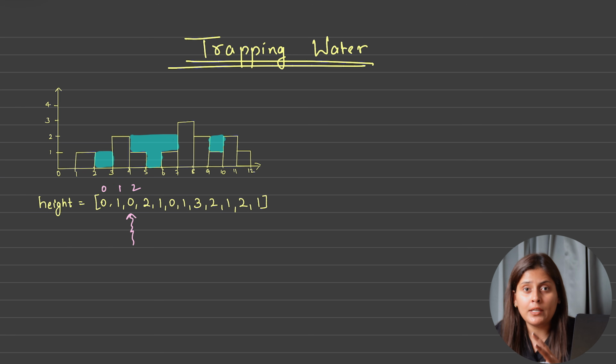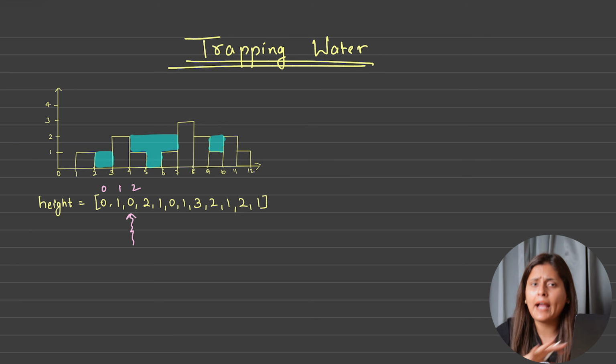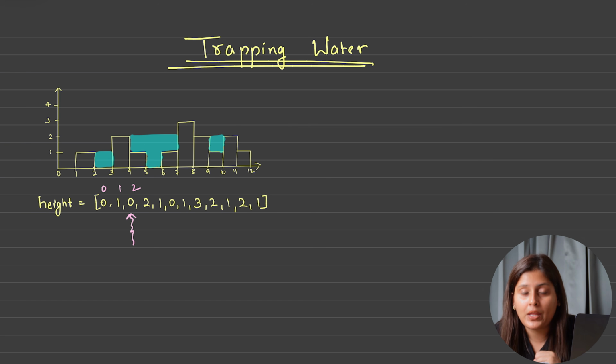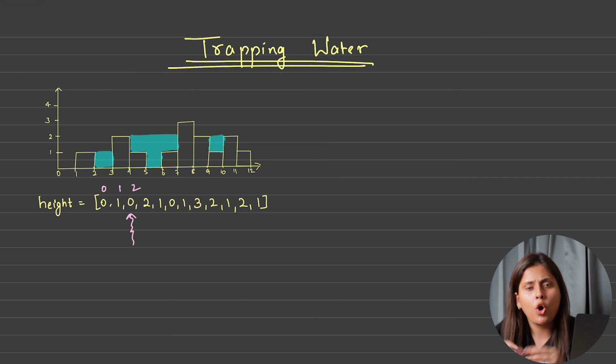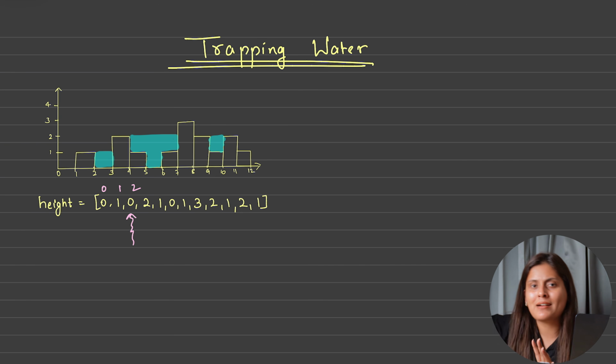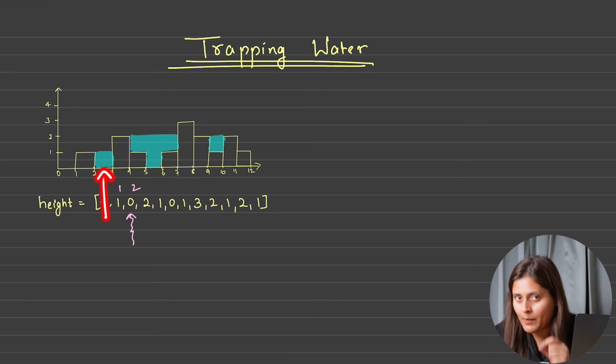So for every index we wanted the left maximum and the right maximum in the previous approach. Here also we will do something similar, but we are not dependent on the rightmost. When we are calculating for any index, we will only consider whatever height we have covered till now from the left side. Suppose we are at this index, correct? So we will see which height was the maximum till now. Of course the previous height 1 was the maximum, correct? So we will calculate the water on this basis. We don't want the maximum height from the rightmost.